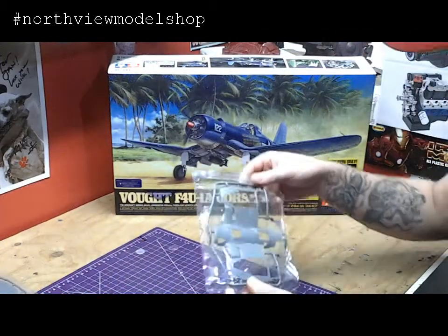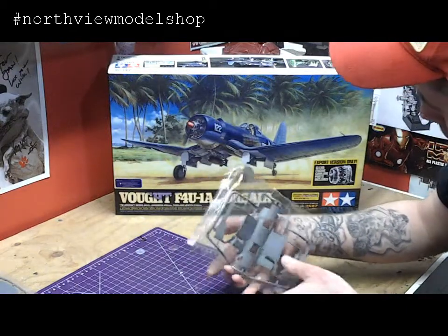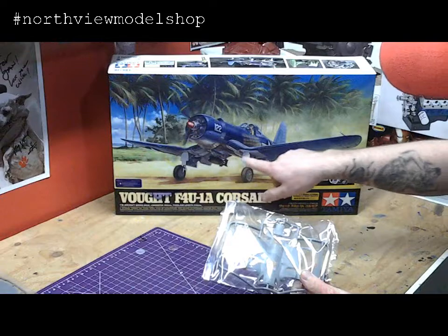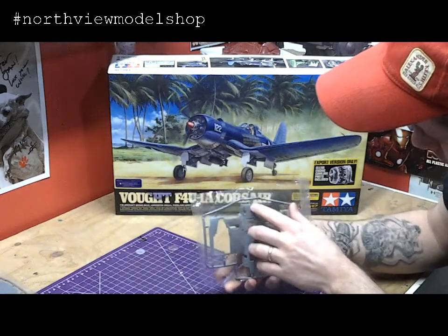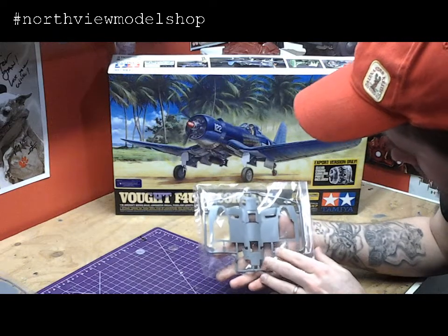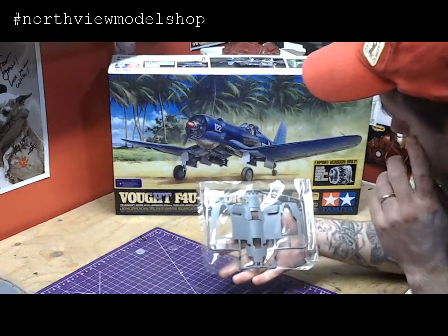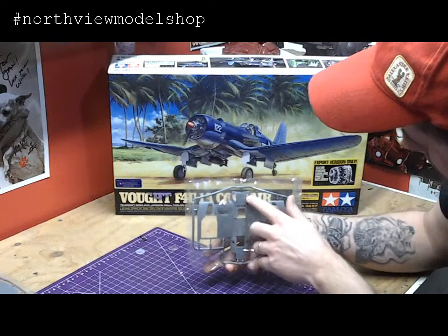Here's a piece that really caught my eye. This is tree B1, and this is obviously the lower portion right here of the Corsair. Just a beautiful piece. Here's just a piece of art. I mean, it's just amazing. I'd really like to study the instructions a little more and see how many little parts are involved in this